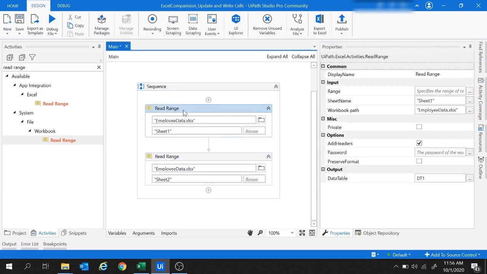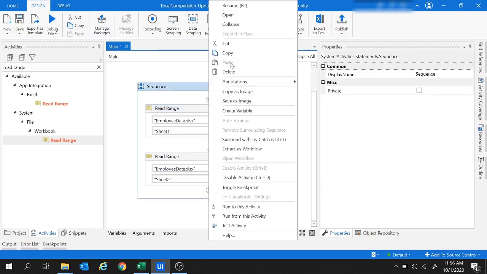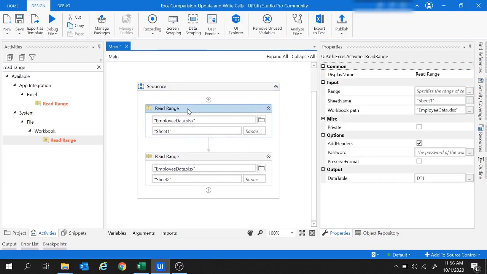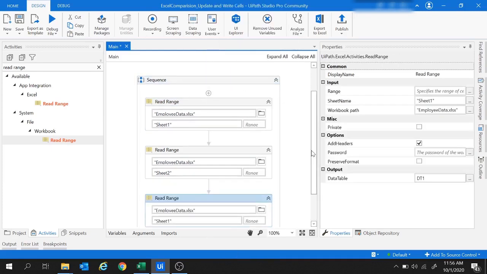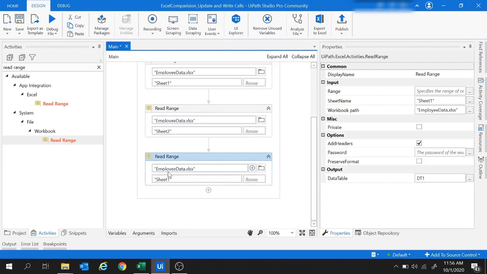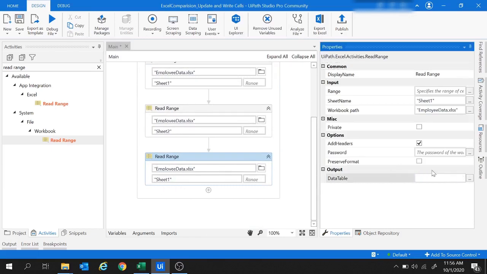Now I would like to read Sheet1 again, so let me add this Read Range here one more time. Let's copy this one and paste it here. Why am I reading this sheet 1 again? Because we would like to store it inside a result data table.